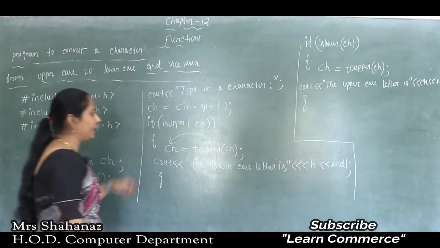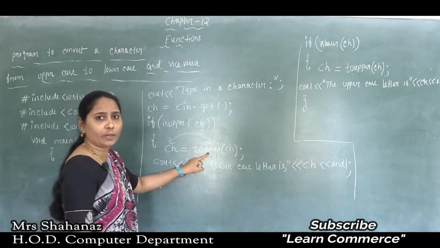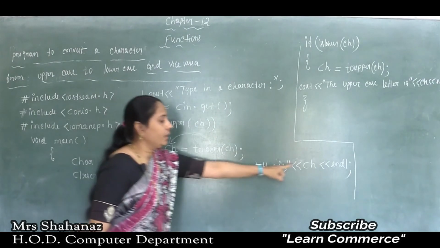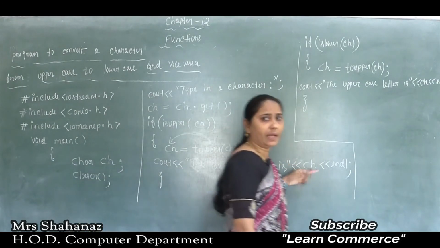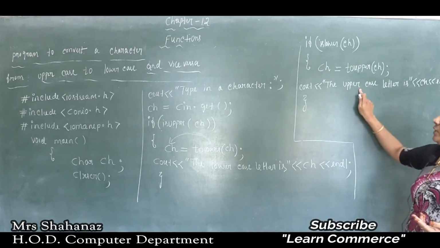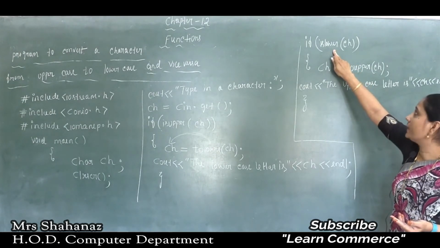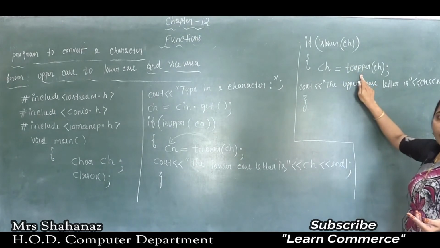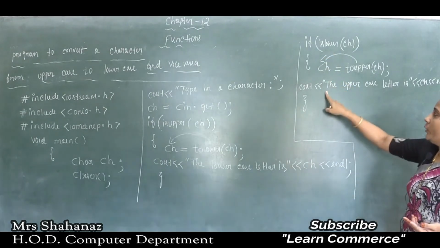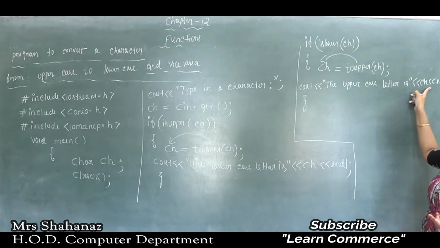If this condition is satisfied, if a capital letter is input, the letter is converted to lowercase and later it is going to display the message: the lowercase letter, any letter, whatever the letter is, if you input it through the keyboard, maybe capital letter K. And this one is just to reverse. If you take any lowercase letter, inputted through the keyboard, such a character is going to convert to uppercase here. Now such a character is there in the char variable, then it is going to display the uppercase letter is whatever character we inputted here. So clear this one.